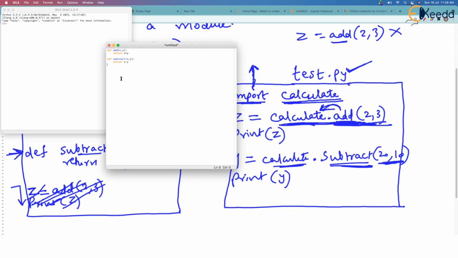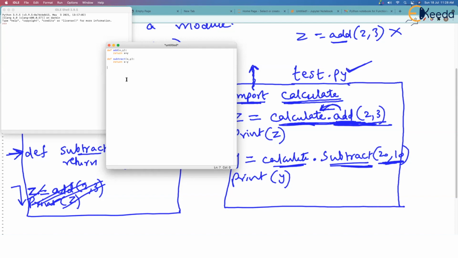But what we are not writing is something like a main script. We are not writing this, which will call add, which is there within this file. Within this file, add will be called and the function will return a value in z, and then z will be printed. Nothing like that we are writing here. We are not going to write this code. What that means is that this file contains simply functions, and it does not have any calling code from where you're calling the functions. So now you can't run this. I mean, you can, but there will be no output because there is no main script.